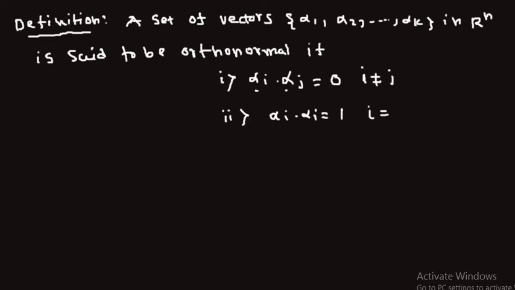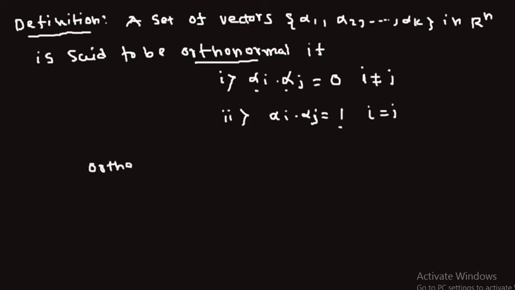So when i equals j, or let me write i equals j, then in that case this gives us 1. So then the set is called an orthonormal set. So orthonormal sets is